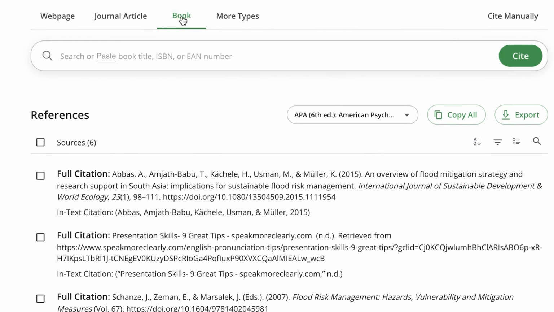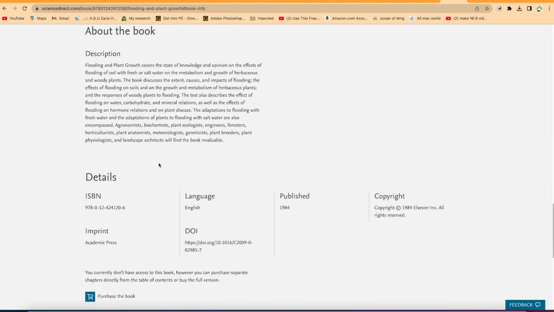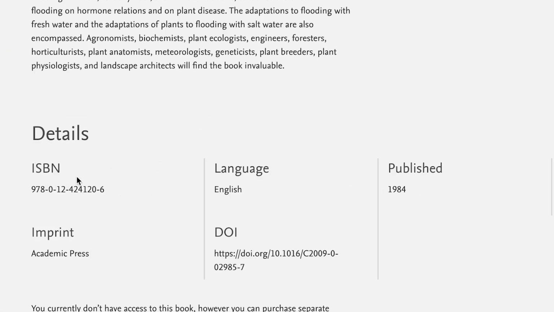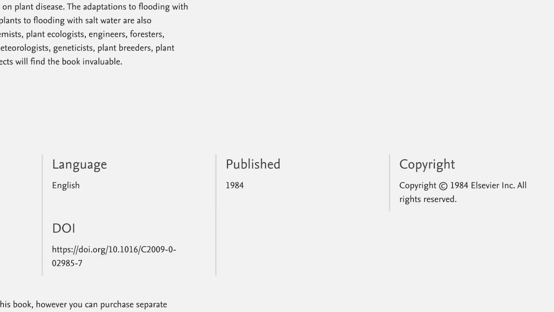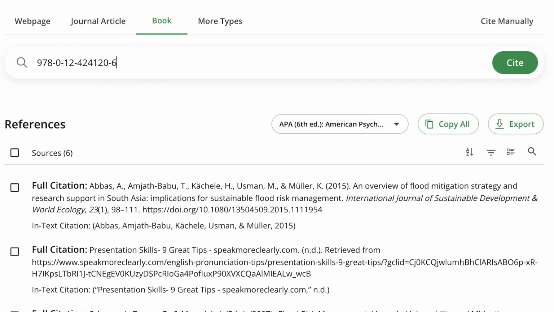And if it is a book, in cases when it is a book, you can just select a book, and all you need to copy and paste is the book ISBN or the book EAN number. If you have this, or you have the book title, you can just paste and it's going to cite it for you. So assuming I have this book, we can search about the book, and you can see it brought us here. So you can see the ISBN number, and you can see the DOI, and you can see the published date. So let's say we use this ISBN number because it's one of the things we are looking for. You can come back here and just paste the ISBN number and say cite.